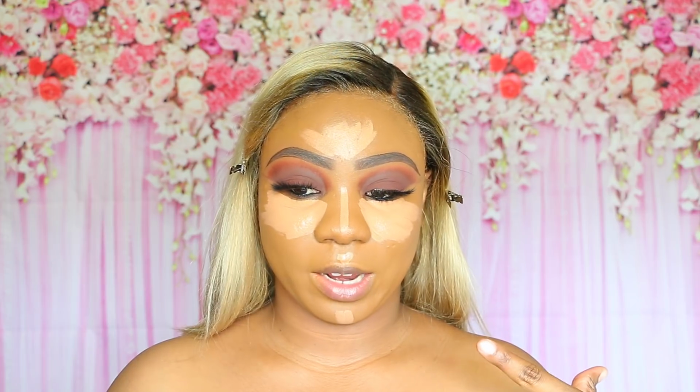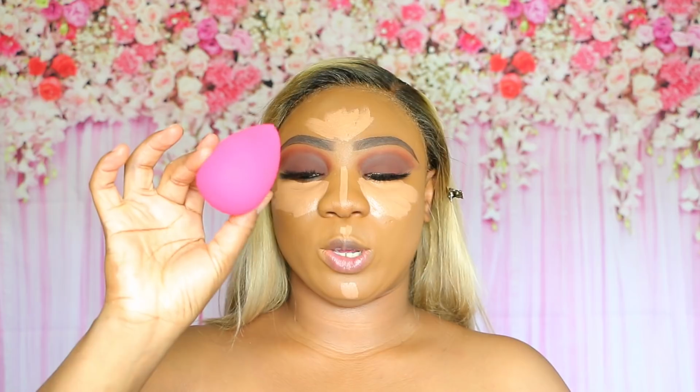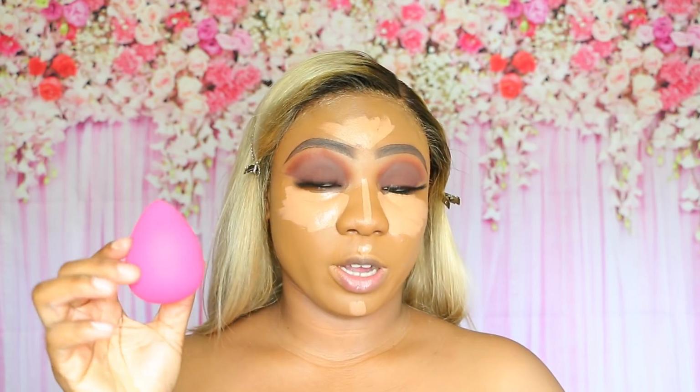I should have said what I was going to be using to blend my concealer before I applied the concealer, because now I'm going to have to rush it. But anyways, I'll be using the new Makeup Addiction Beauty Blender. Well, I should say beauty sponge. I already wet